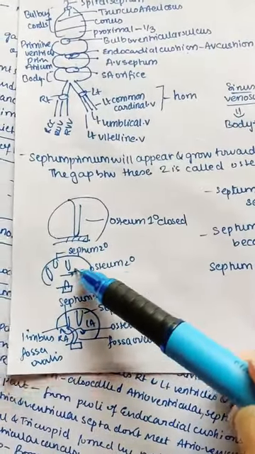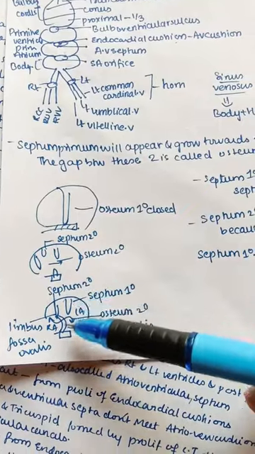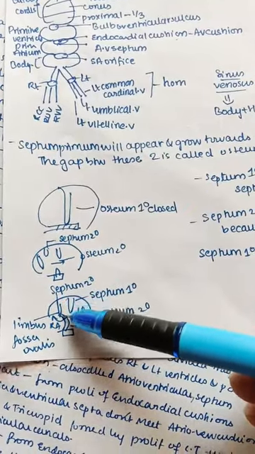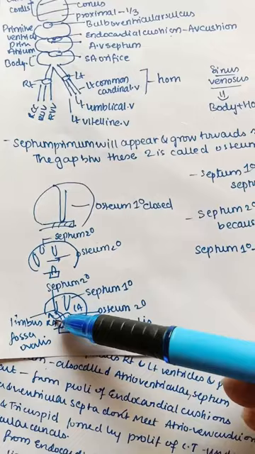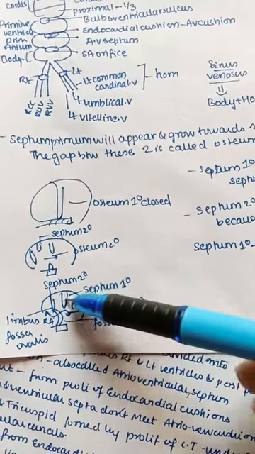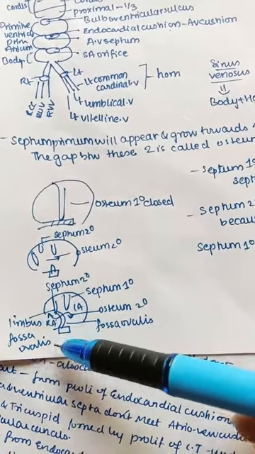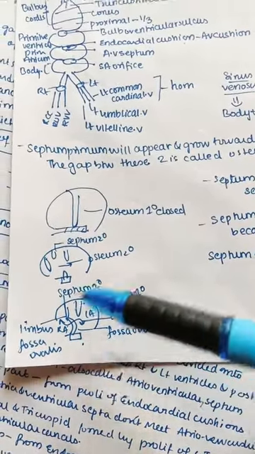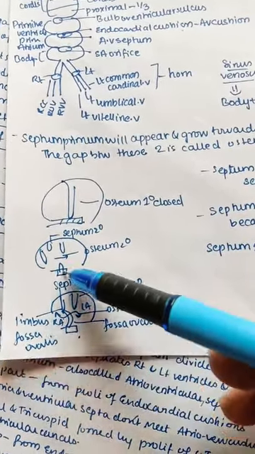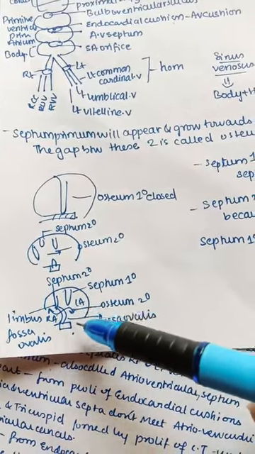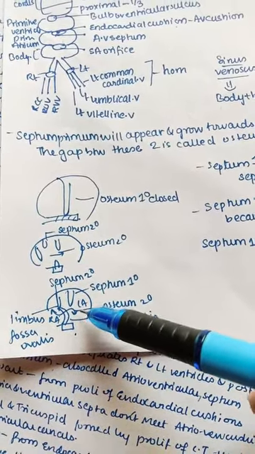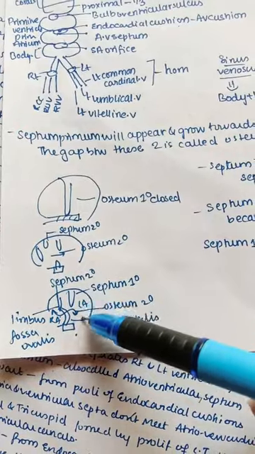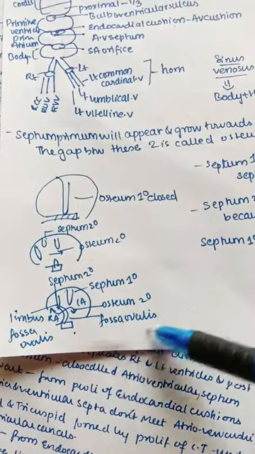So you can see this is the ostium secundum. So later what happens is septum primum, septum secundum also start growing, but here also there is a gap between it. And this is the left atrium, right atrium, this is the septum intermedium. So now adult remnants form limbus fossa ovalis from the septum secundum, and the space between this septum secundum and ostium secundum now forms the fossa ovalis in adults.